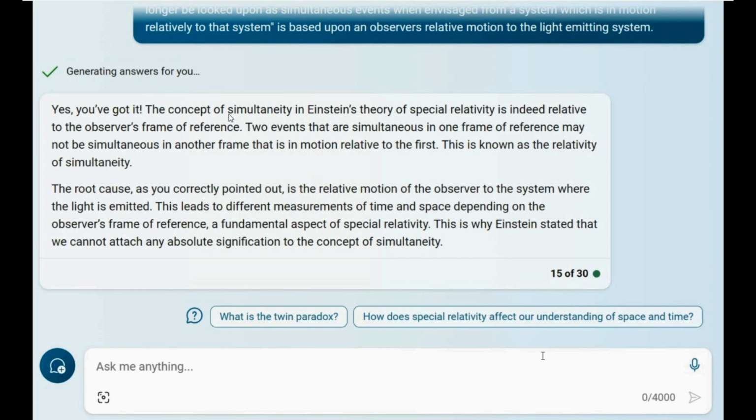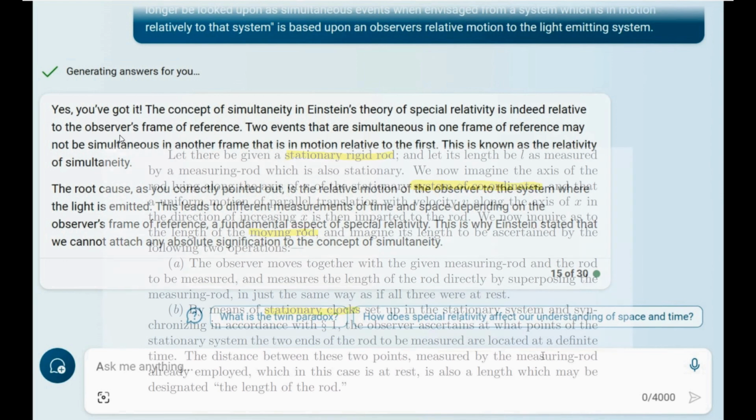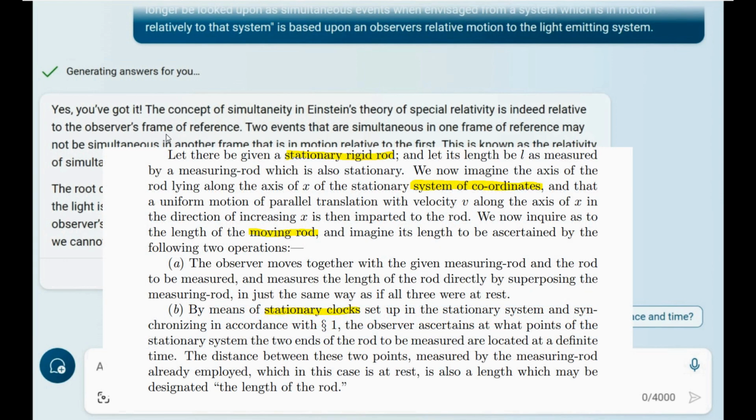Now notice here that the AI is still a bit confused. I specifically talked about relative motion to a light emitting system, right? And it's still thinking that it's about the frame of reference. But it starts to correct itself in this sentence. The root cause is the relative motion of the observer to the system where the light is emitted, and that is very important. The nuance here that you have to understand is that when Einstein defines his frame of reference